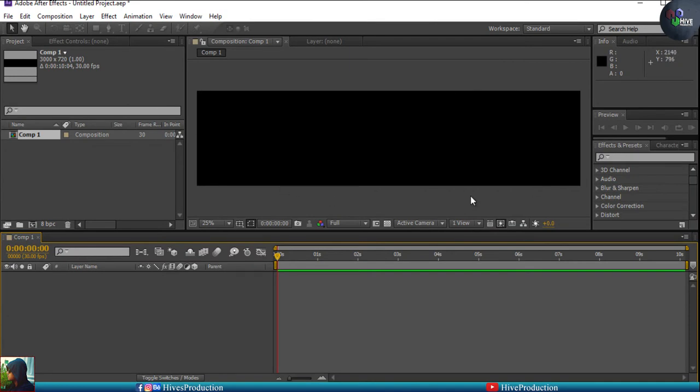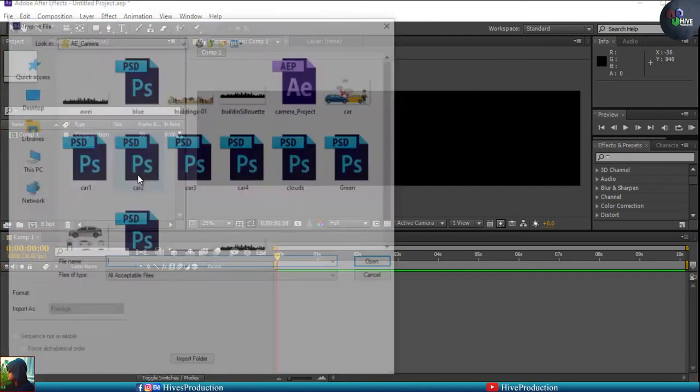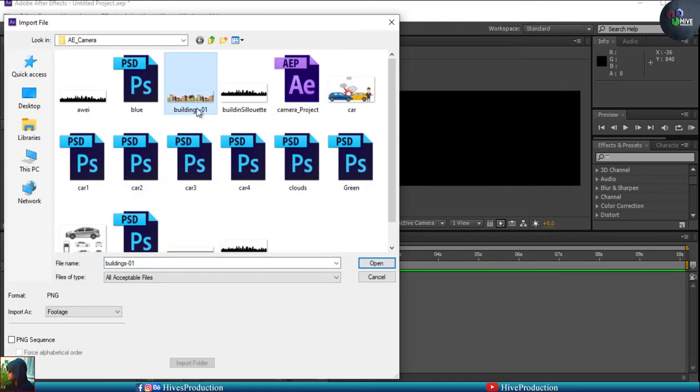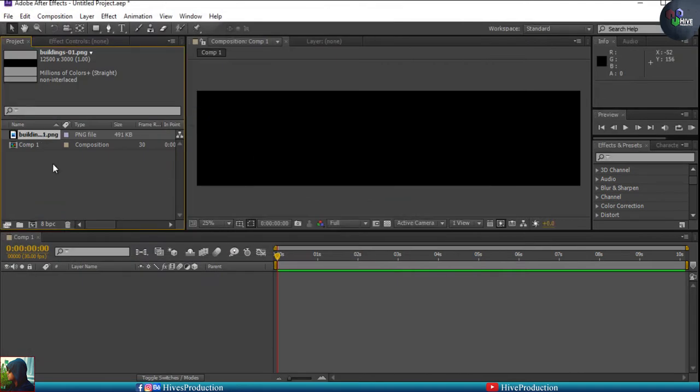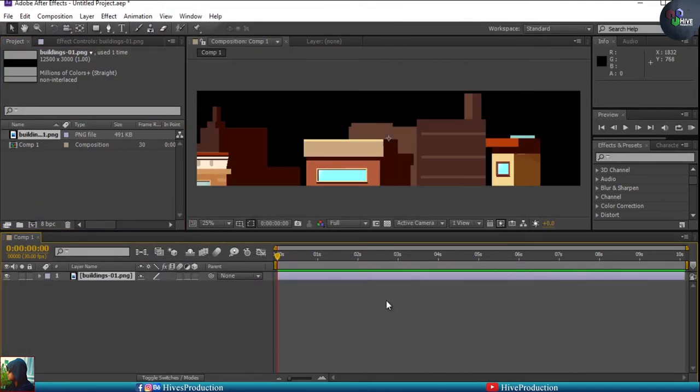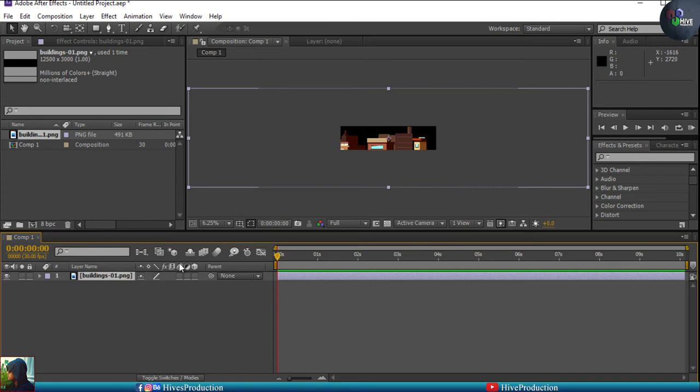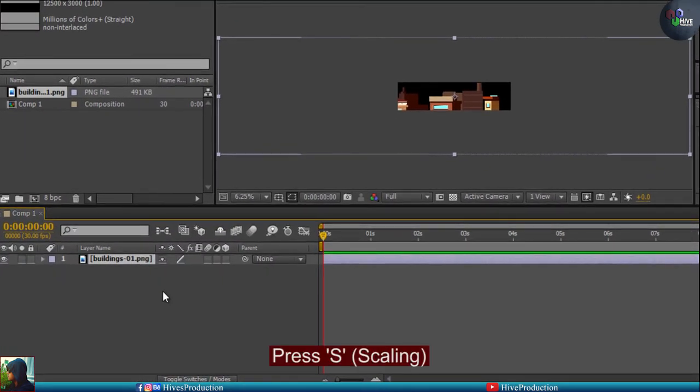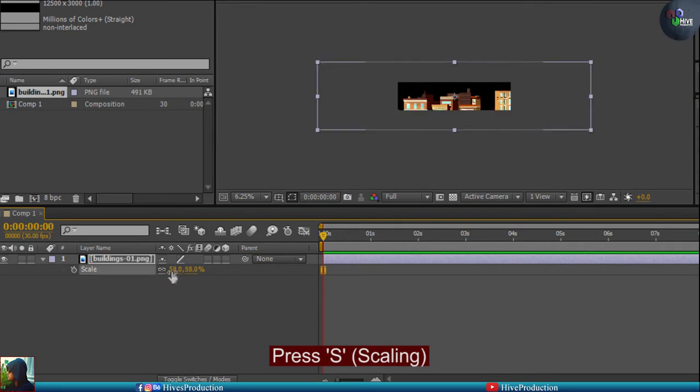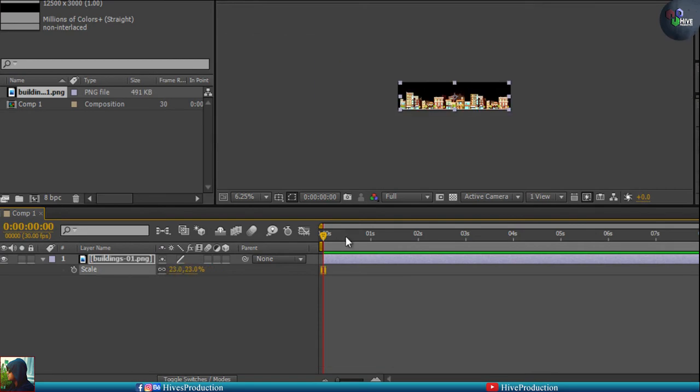I have already downloaded some images and you can get the link in the description. I have downloaded these buildings and some of the cars and silhouettes. I'm going to just import them here. So it's higher in size, so we have to press S for the scale. I'm just going to press S, and these are the scaling. I'm just going to decrease the size, approx I think 23%,